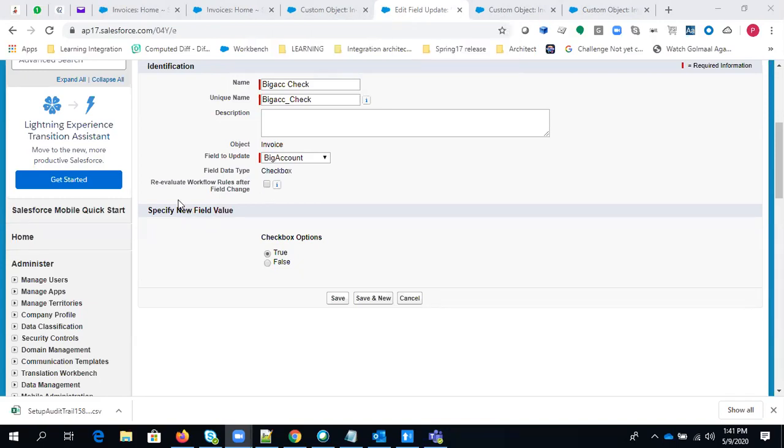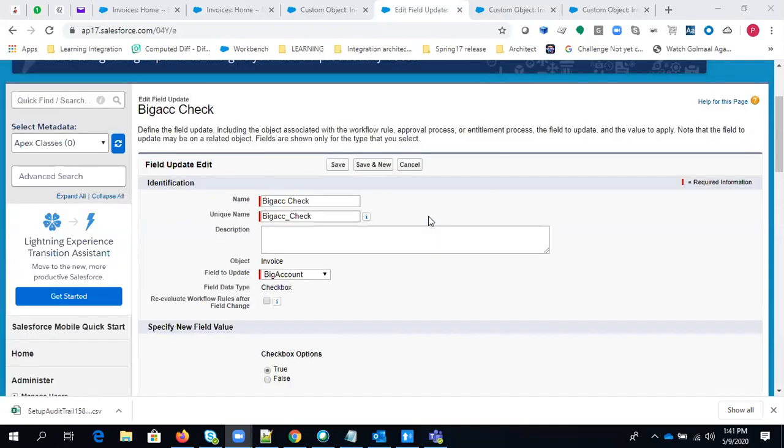So guys, just try to understand this. If I check this, what will happen? This particular workflow will edit the record and change the field value. So if you want to re-evaluate the workflow after a field change, after a value change, then you have to check this checkbox, right? That is written here: if this field update changes the field value, all workflow rules on this associated object are re-evaluated. Any workflow rule whose criteria are met as a result of the field update will be triggered, right?